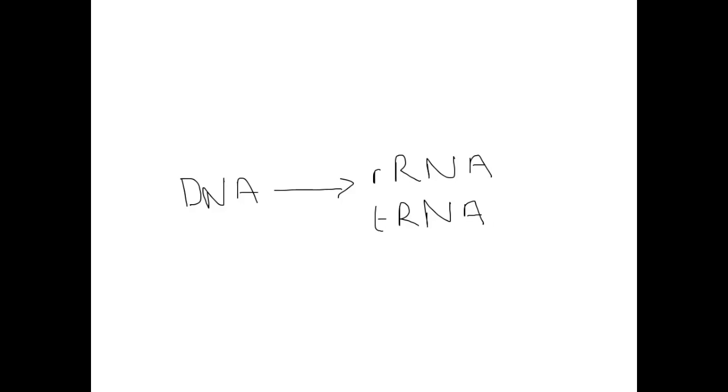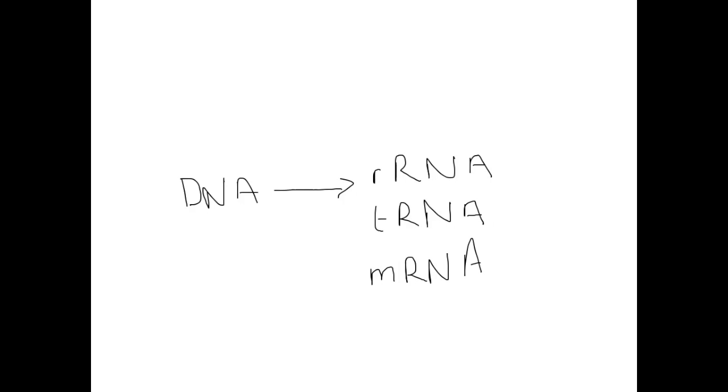So we know so far through the course that we have a DNA molecule, and that can be transcribed into several things. We can get RNA making ribosomes, and they're actually going to be involved in protein synthesis. We can get tRNA, and we know they're involved in carrying specific amino acids, and the tRNA itself has an anti-codon which is complementary to our codon on an mRNA. So we also have mRNA,